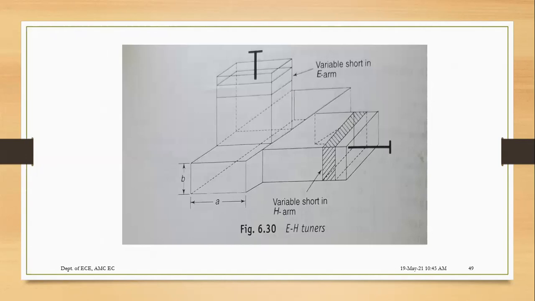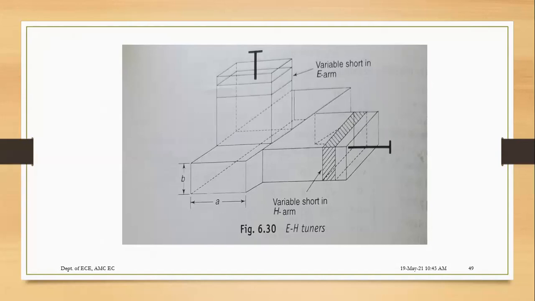This is called the second application which we have, that is Magic T, which is used as an EH tuner for impedance matching. Now this is a Magic T here. Wherever you consider your E arm and your H arm, there you will be using a tuner so that you can tune the E and H arm so that you get that property. So you'll be using a tuner there. How you're using it is, you'll be using the shorting plates here. These are nothing but the shorting plates which will be inserted to the H plane as well as your E plane. And these shorting plates will act as E and H plane stubs.